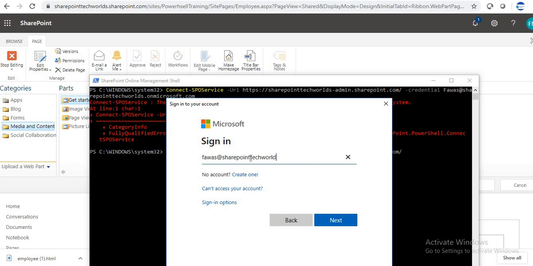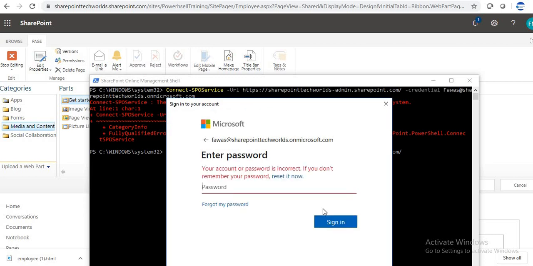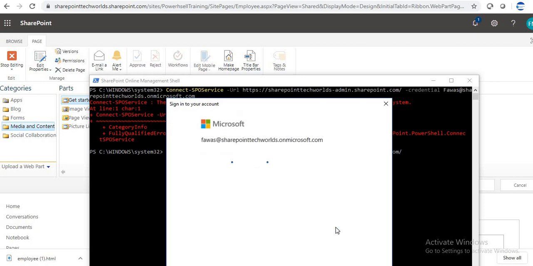Once I type my credentials, next it asks for the password, so we type the password and sign in. The password got an error, so we type it again and sign in.